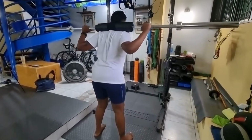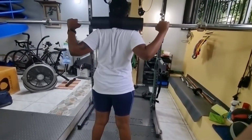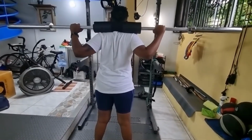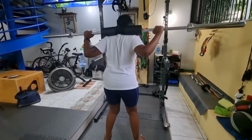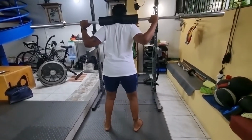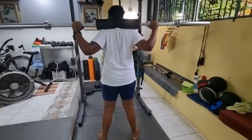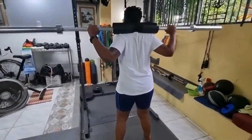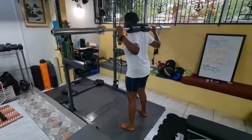I should not be forward like this. I should be nice and even, my head not jutting out too much either. From here, I'm going to make sure I get my hips nice and steady and firm by rotating outwards with the knee, just like this. And now I can make my squat. I'm going to go down. One of the things I want to do